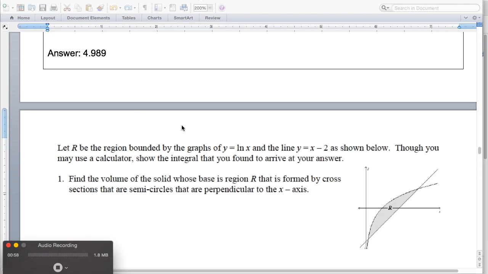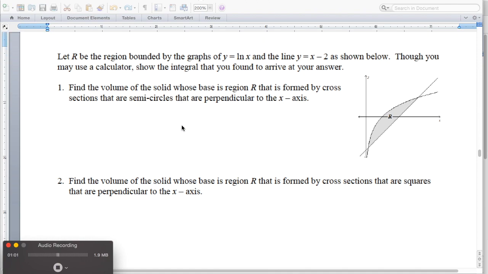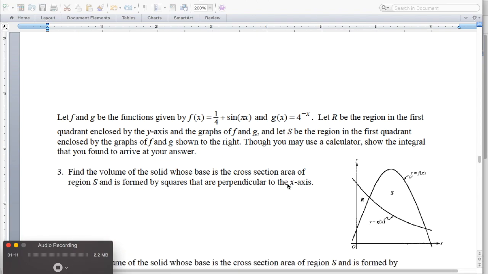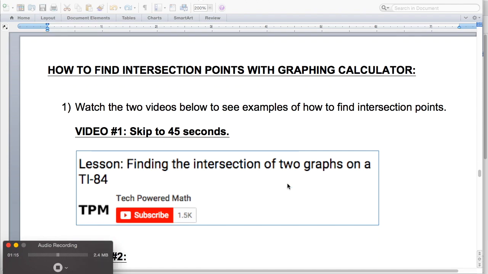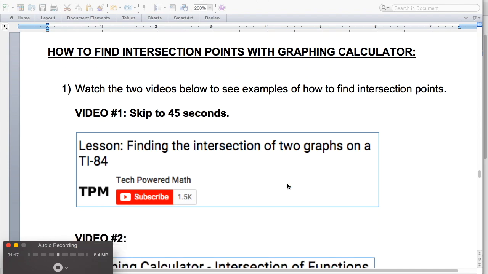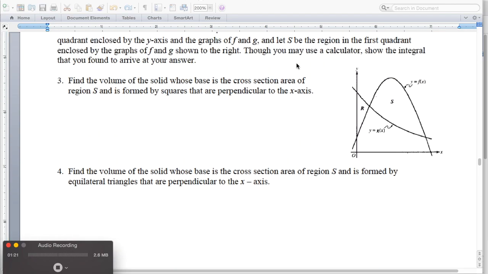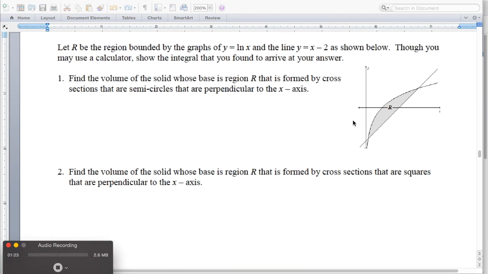We'll do some examples, and then there is homework. So the homework page looks like this. I have a little more writing on your copy where there's some point A and point B listed for you, so that's on your version. So that's the homework. That's part one of the homework, and the second part is to make sure that you